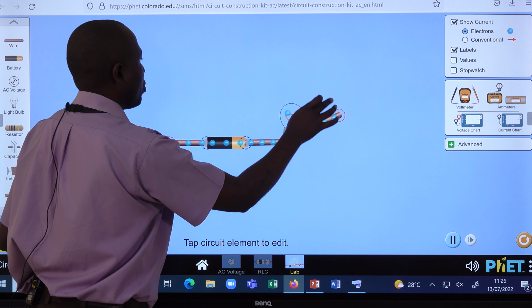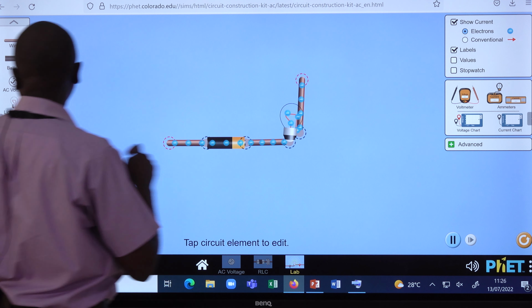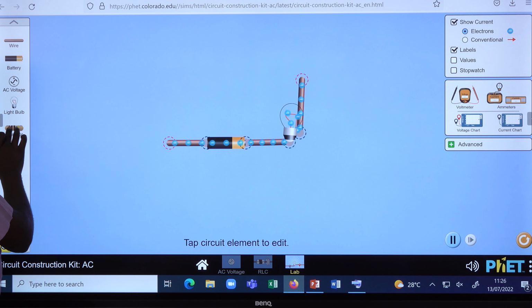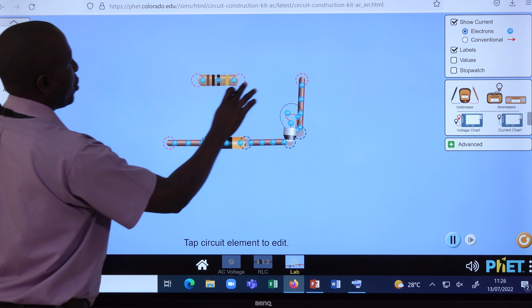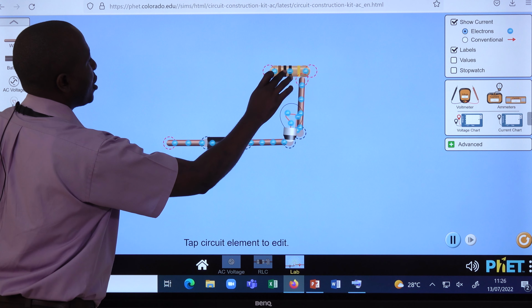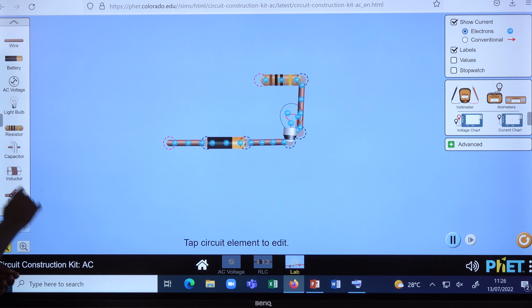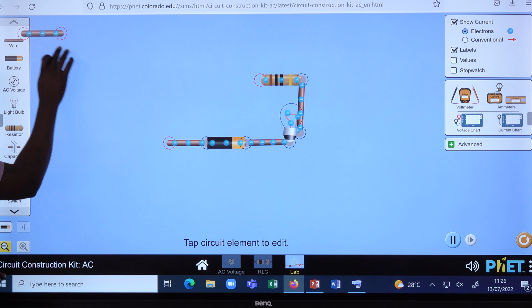You can turn around the wire and then bring in the resistor to contact that end of the wire. And then you have another wire,